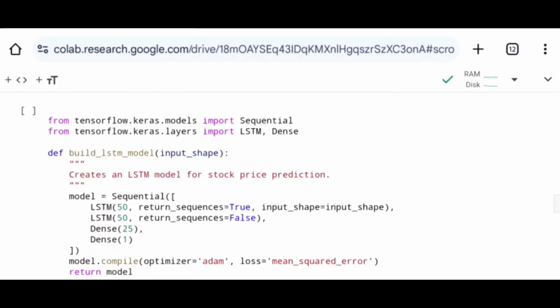Next, I define a function, build_LSTM_model, with one parameter, input_shape, and this parameter specifies the shape of the input data. Next, I call the Sequential class, and inside the list I arrange different types of neural network layers. As you can see over here, the first two layers are LSTM and the last two layers are dense